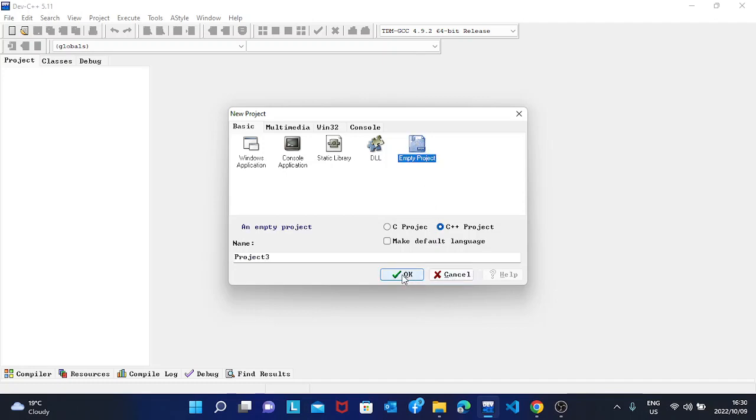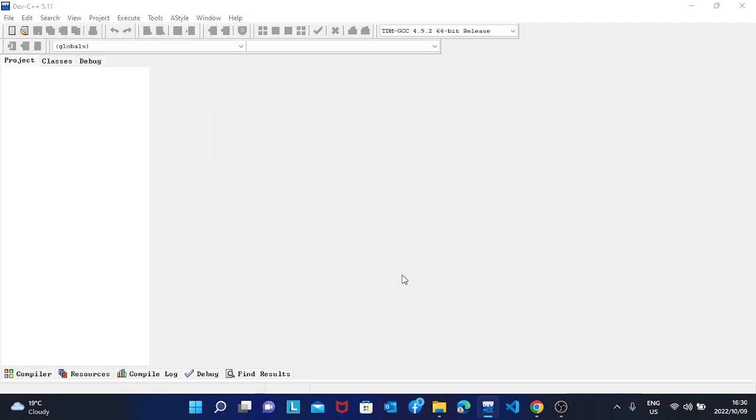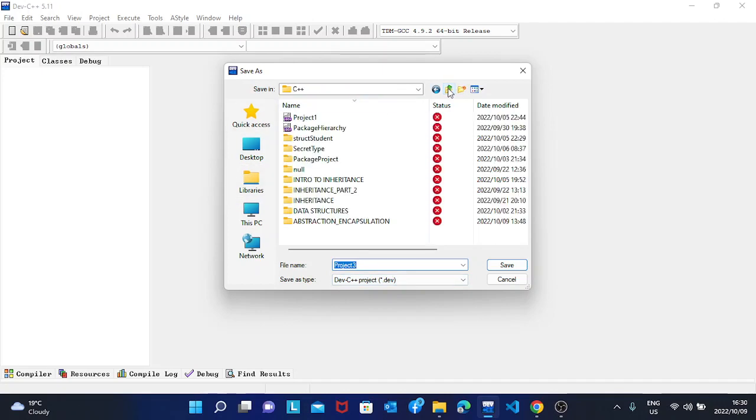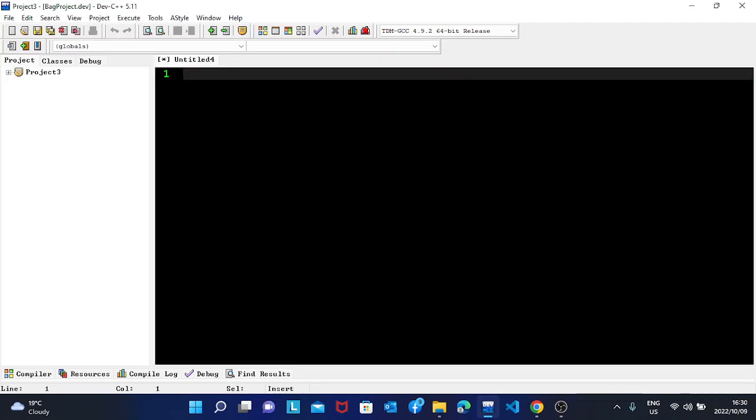So let's save it. I don't want to save it here. I want to save it in this folder. And I want to name it bag project. This is the name of the project, bag project. And then save. Yeah. Now let's create a class